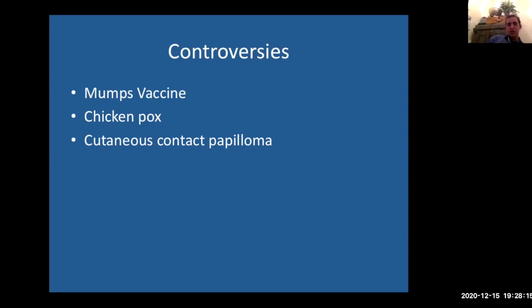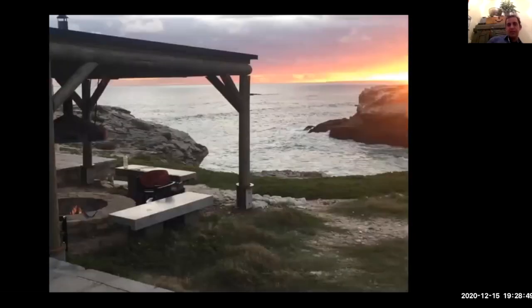Cutaneous contact papilloma: this is a retired colleague now that used to deal with a lot of papillomas, and in those days used laser down a microscope. Because he wore glasses, he had to look down the microscope without his glasses. The action of putting on and taking off his glasses resulted in him having a line of papilloma along his glasses, a line between his eye and his ear. So there's clearly some way that it can be contagious. And that's it. Thanks very much.